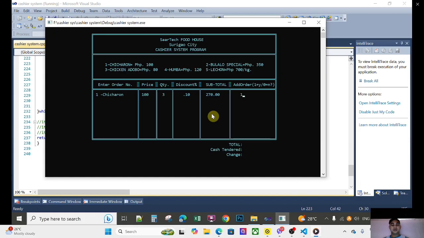So add 1, enter, then for instance order another, item 2, that's 350. For instance, 2 quantity, and then for example no discount, then enter. Automatically that's 700. This time, if there is no further order, it will display the total of subtotal 1 and subtotal 2, that's 970, which is 270 plus 700. For instance, the customer pays 1,000. When you press enter, it automatically displays the change. That's all I have for you today, and thank you so